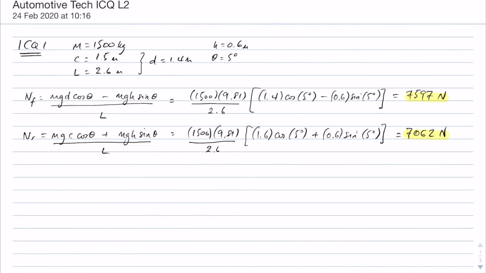The other way to work out the rear normal load is to take the total load and subtract the front one. So NR equals mg cosine of theta, which is our total load, minus the front load. And so if you do that,